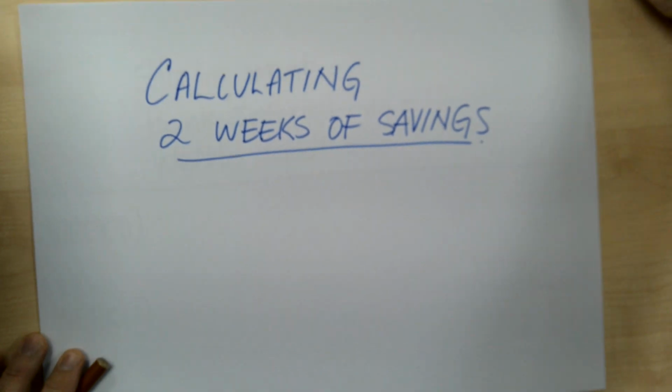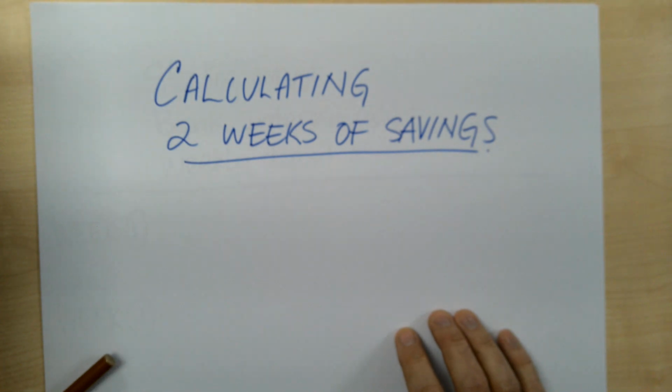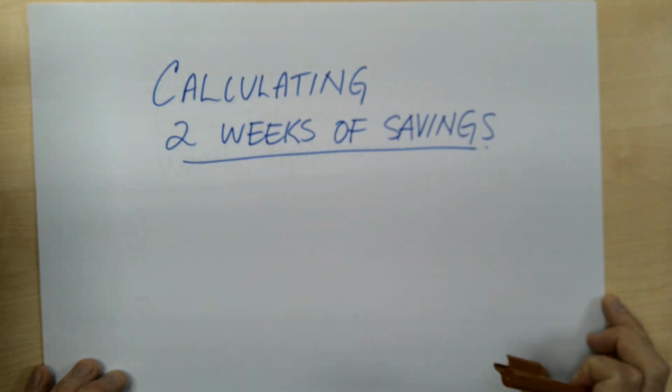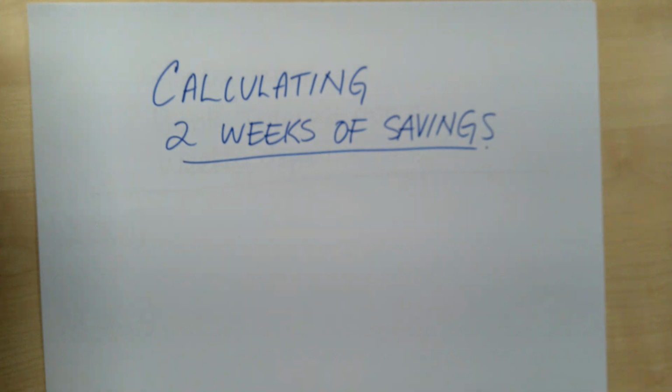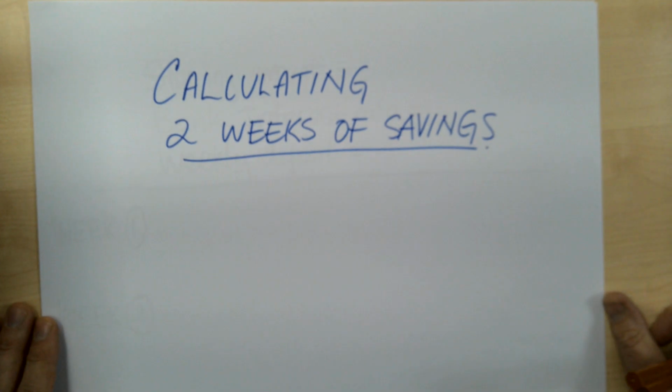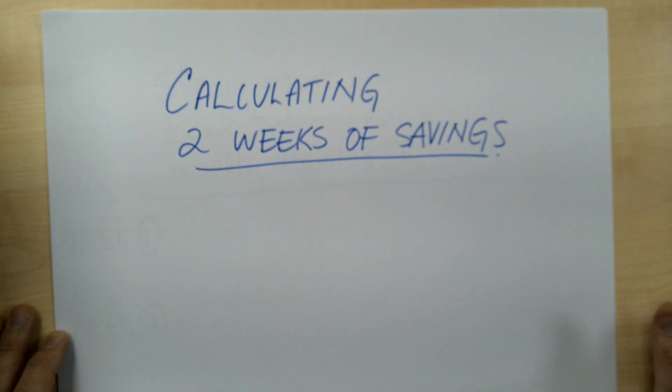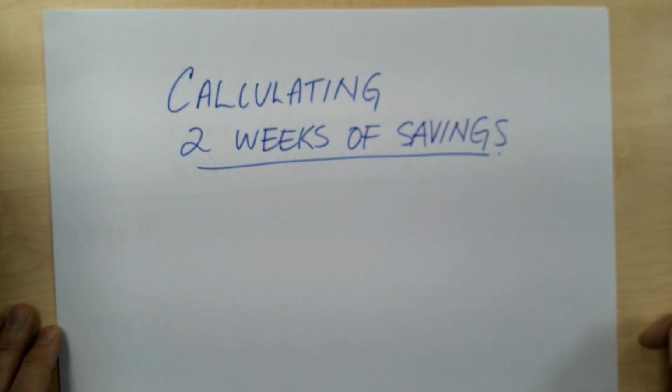Righto, in your assignment, you need to be calculating the first 2 weeks of the savings. So you're going to have the savings account mimicked on Excel. You're also going to have the website savings calculators, but you need to just have some pen and paper calculations just for 2 weeks. Okay, so